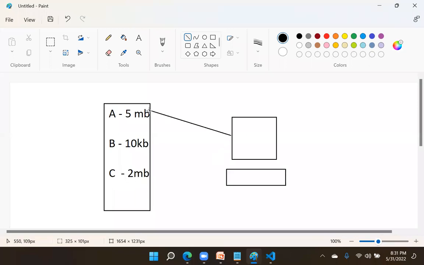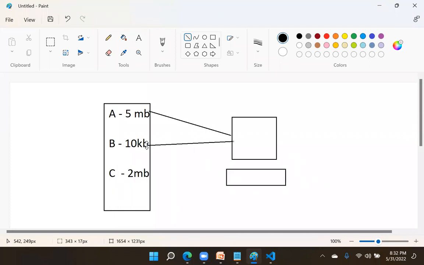Then we make a request. The first request goes to A. It is 5 MB. It is taking time. If it is taking time, will it go to B or wait until A is complete? Generally, applications are synchronous. Synchronous means it will wait until A is finished, until the 5 MB of A is loaded. After A is finished, then it will go to B. That means if it is taking time, it will wait until it is finished. Then only it will go to the next.